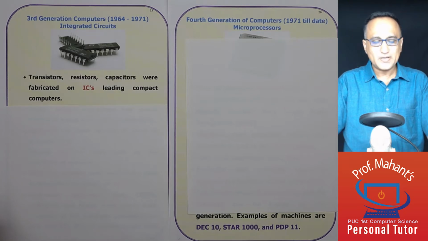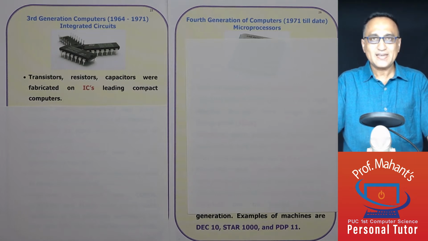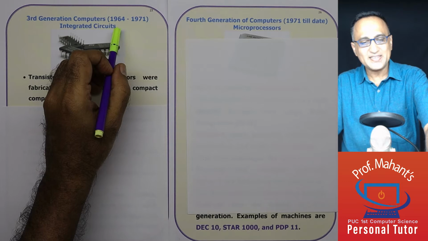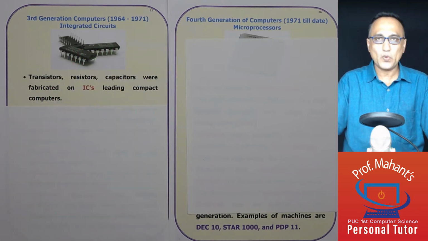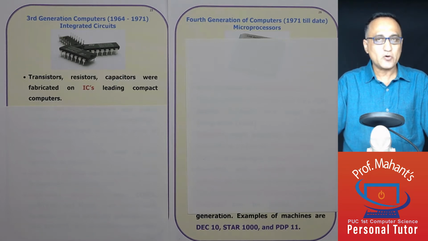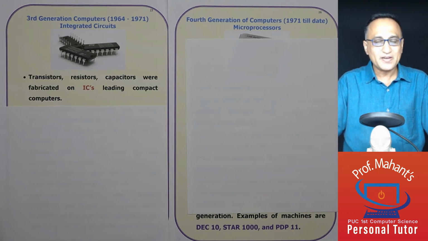We shall now talk about the changes in computer technology in the third generation, fourth generation, and the current fifth generation of machines. The third generation of computers is classified between the dates 1964 to 1971. An important change in this particular generation is the electrical and electronic components like transistors, resistors, capacitors were fabricated on